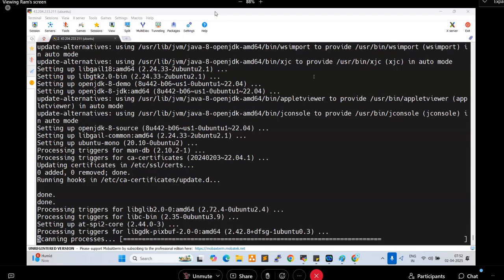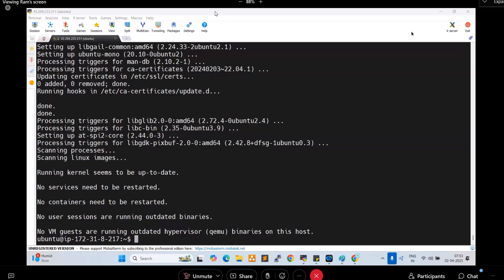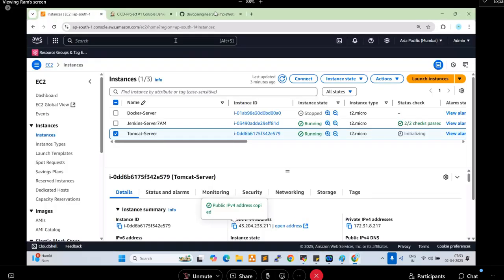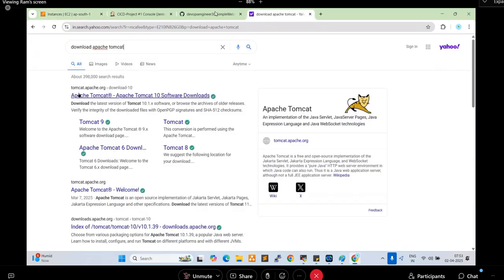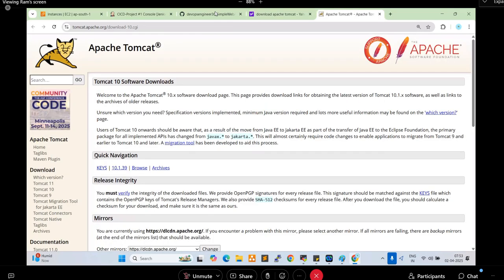Okay. Now, once we install Java, after that we need to download Apache Tomcat. This is the official URL, Tomcat. Click on this. Now, Tomcat 9, I want to download. Here, a tar or zip file can be downloaded. Right click on the tar file, copy link address, go to the console here,